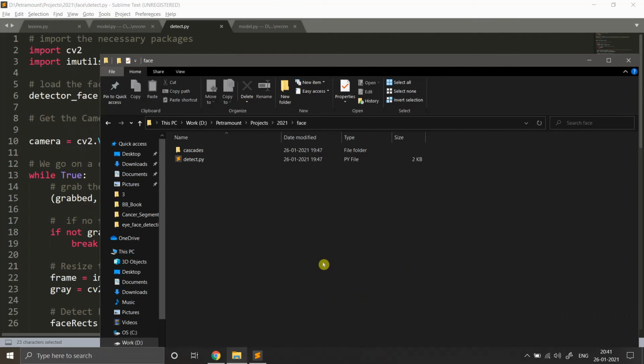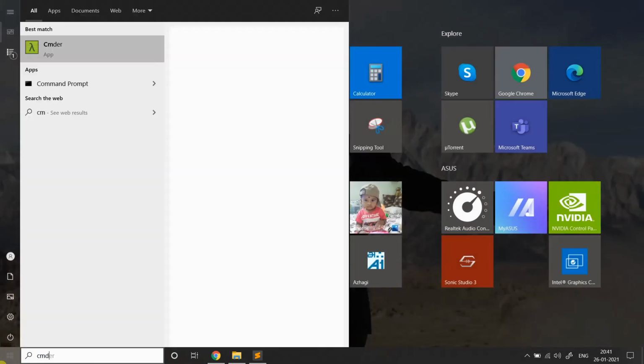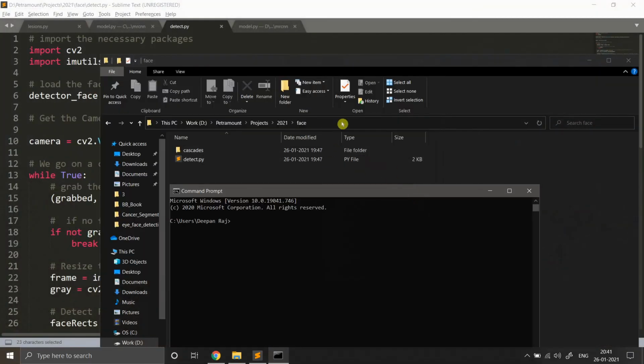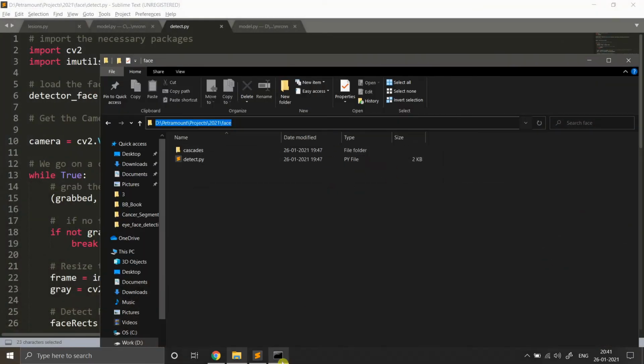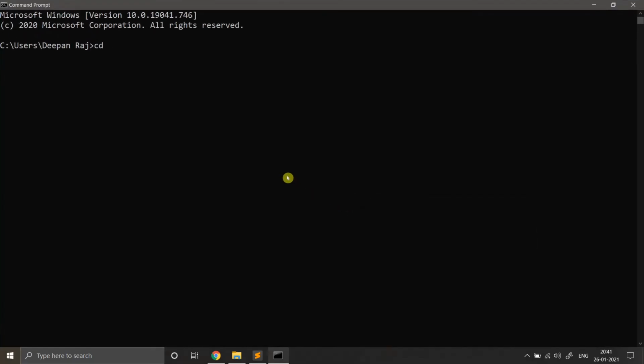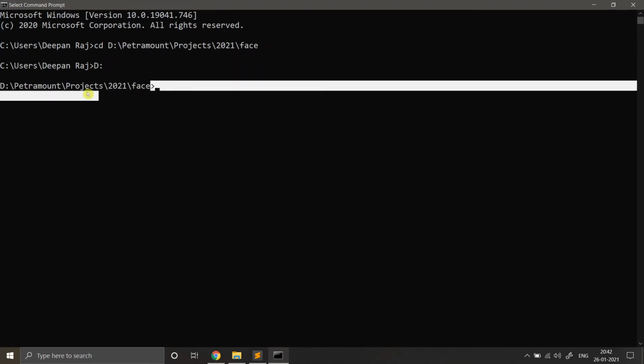So now let us try to execute this code. Just open a command prompt or your Anaconda prompt, whatever it might be. Open it, and copy this path, the directory where you positioned this particular program. Type the command cd, space, and the path. Just right click your mouse and it will automatically paste the path. Now you can see I have tried to traverse to this path, but the path has not changed yet, because I'm in the C drive, but the path is in the D drive. Windows will not allow you to go between different partitions, so you want to manually mention that you are going inside the D drive. If I give it, you can see the path has been changed here.